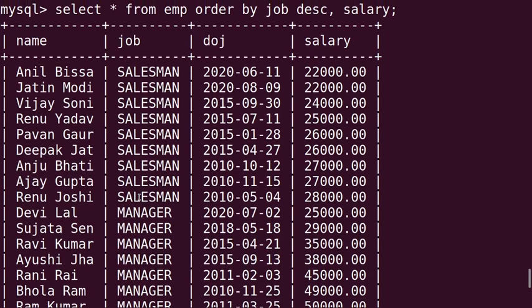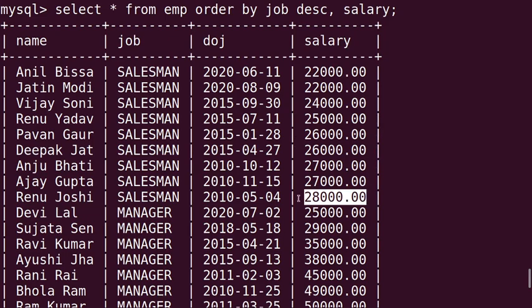Then within the salesman records, the salary lowest value will come at the top, that is 22,000, and last the highest, that is 28,000. So for the job salesman the records are sorted in ascending order of salary.